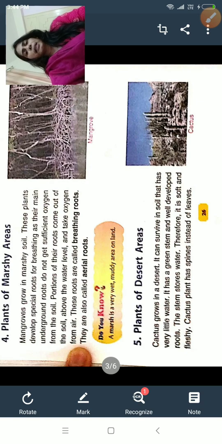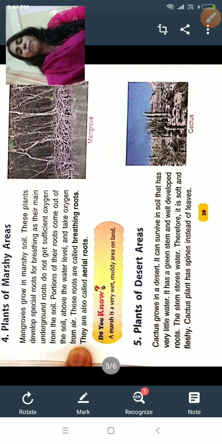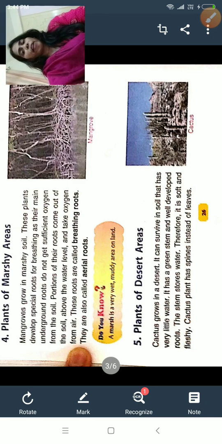The stem of cactus is green, and roots are well developed. The stem stores water, and it is very soft and fleshy. It has spines instead of leaves, so that loss of water will be minimized.